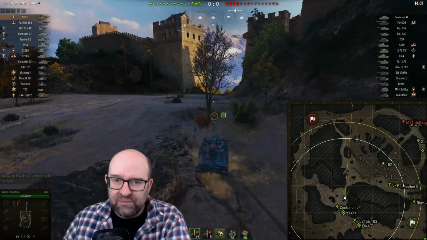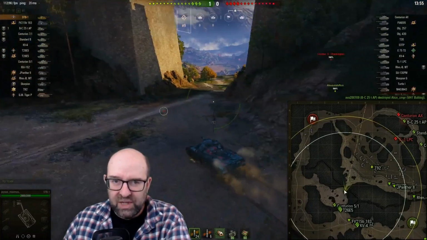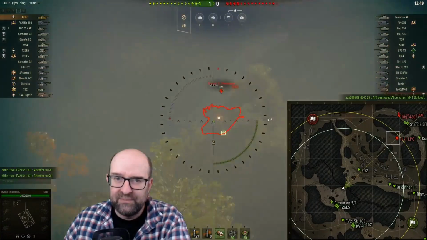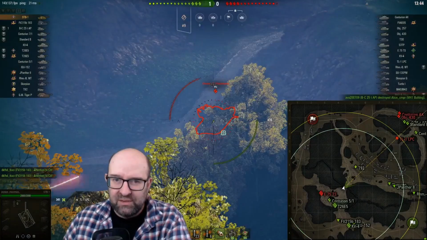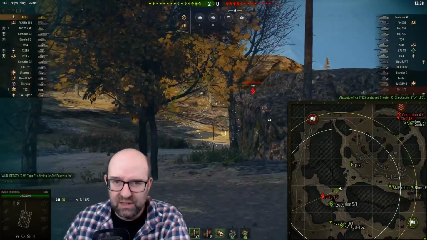So I'm cautiously coming up here, and then I notice, okay, they've spotted a few over there, so I was just worried about them coming up the hill, but I see the mediums are going there, and oh, hello. Someone caught out of position there, so I didn't really get much damage into him. I just got one shot, and then I noticed this E75, so it's just like, oh, okay, and